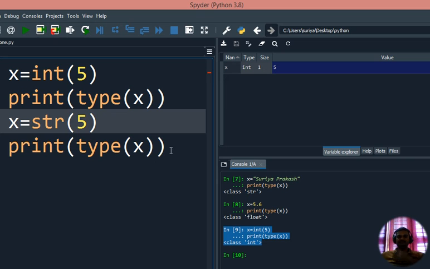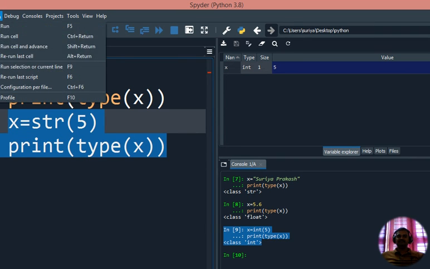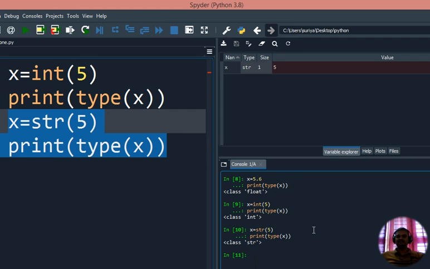So if you give type of x, the type of x will be string. Run current selection. You can see the type of x is string. Whenever you see it here, the type will appear in the variable explorer. Before, x was integer; now x is string. Now the 5 is a string value. It's not an integer.